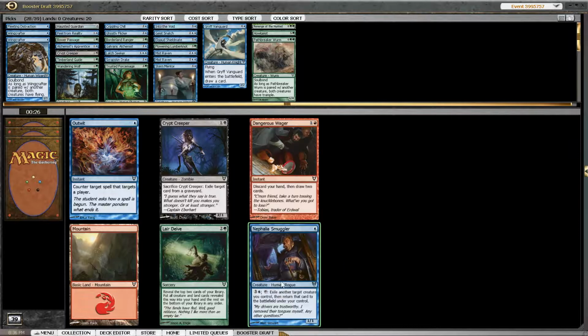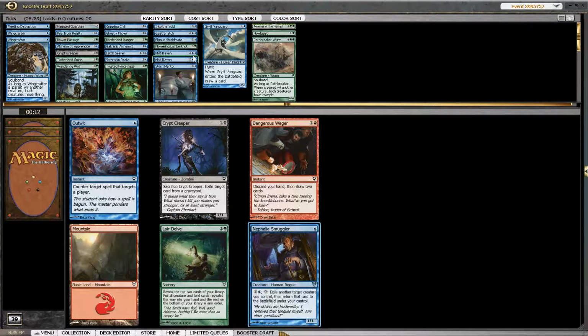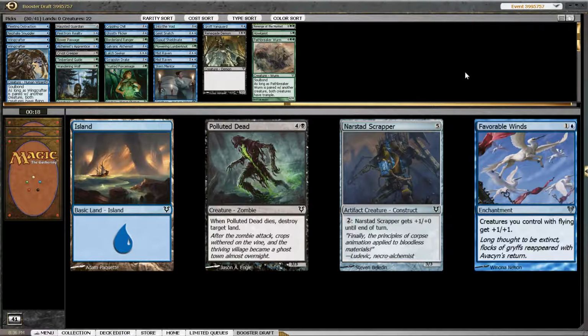And the Smuggler. Okay, I know I gave this card a hard time during my last show, when I talked about the underachievers in blue. I just don't think it's that great. But now that we have two Mistravens, it's an auto include easily. And this doesn't matter. Favorable Winds, something we might want to take out so that nobody else plays it. And I don't think the Scrapper would make it, so